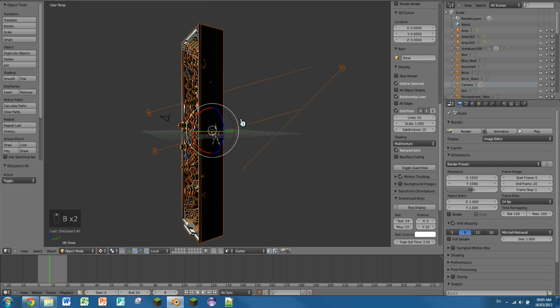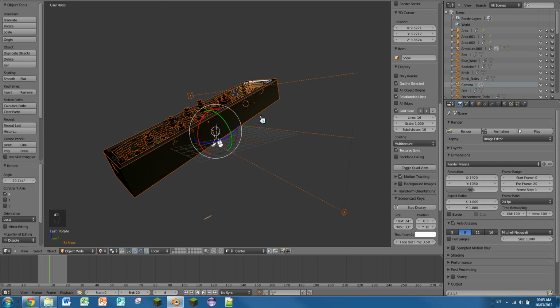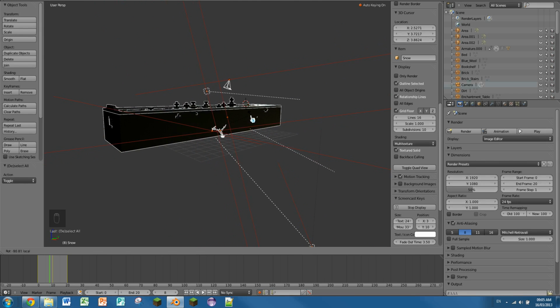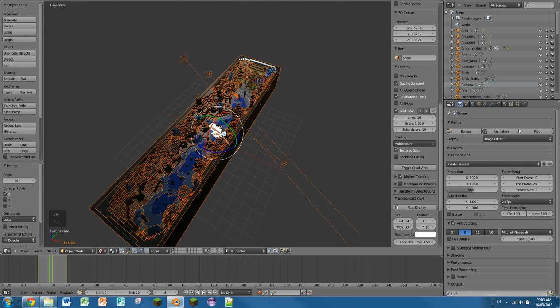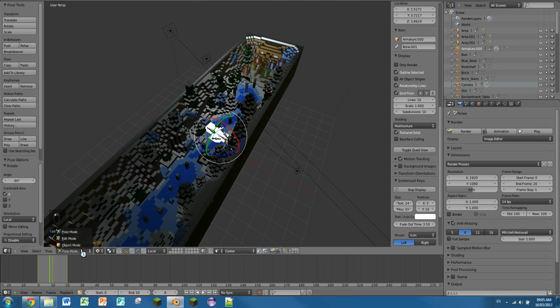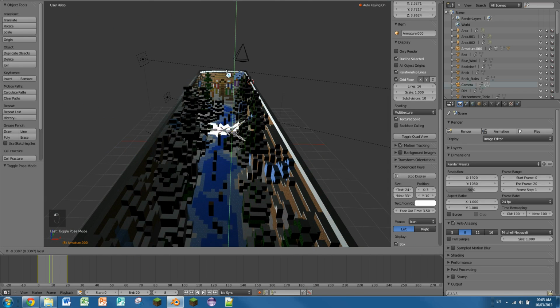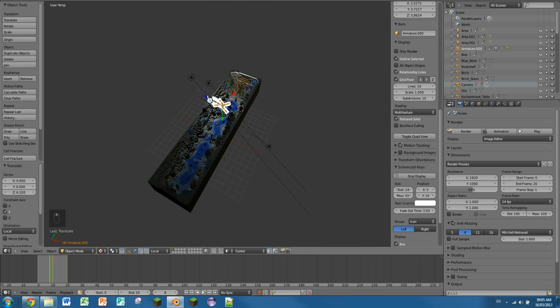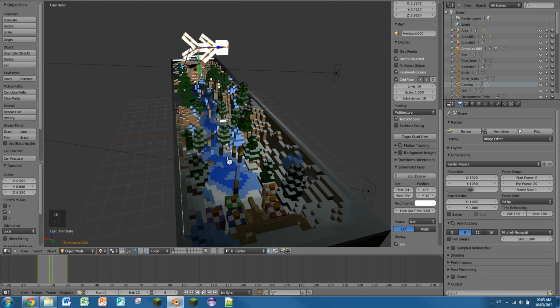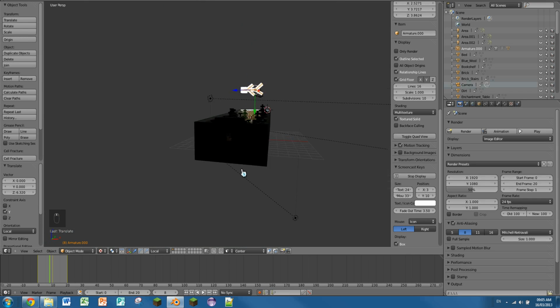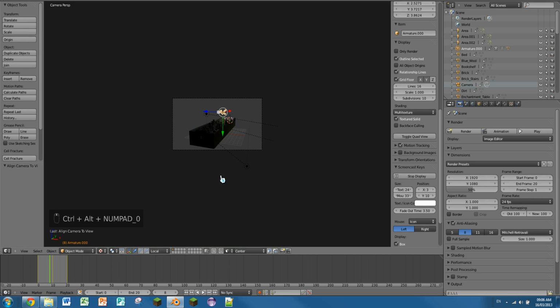So I'll use a box select and select most of our stuff. Just select everything and casually rotate it 270 degrees. And our little person there is not surviving, so let's bring him out. So, let's see, where's our start? I don't know if it's the start or the end. Probably start. Okay, let's move the camera here